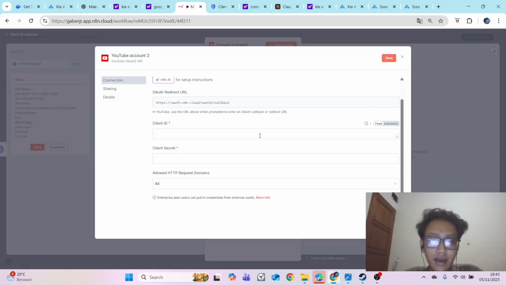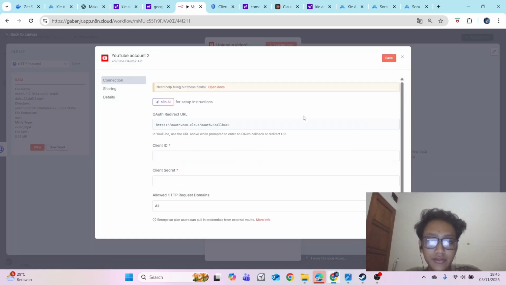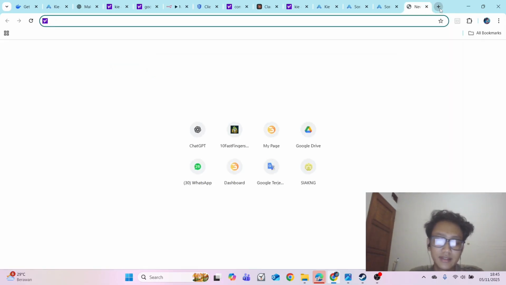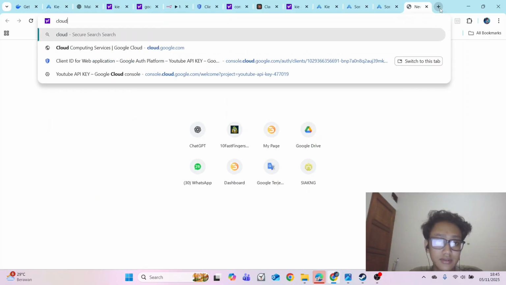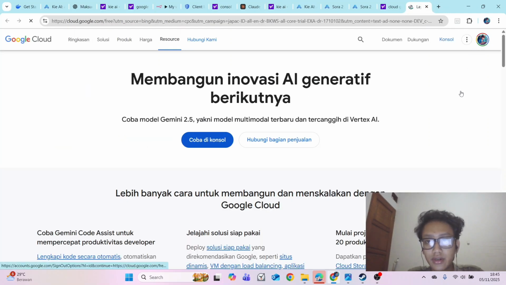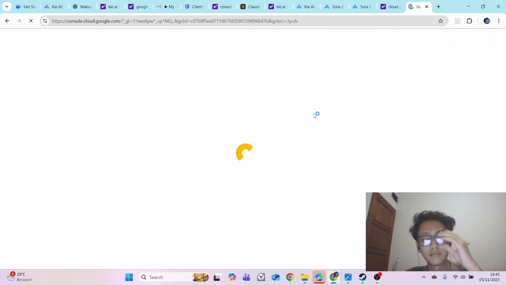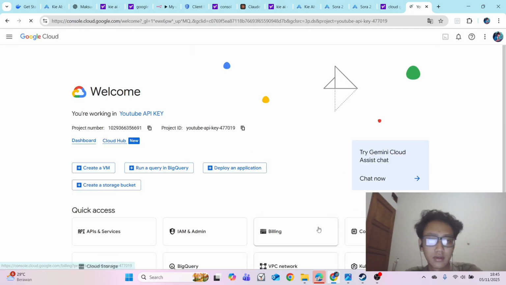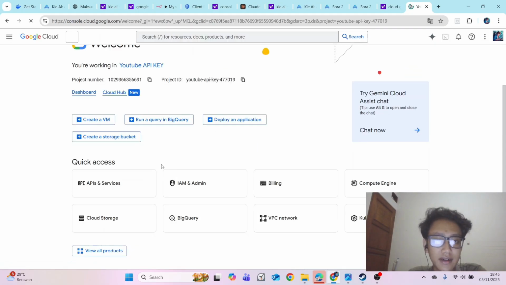All you need is to open the Google Cloud. So after you log in, you go to console.